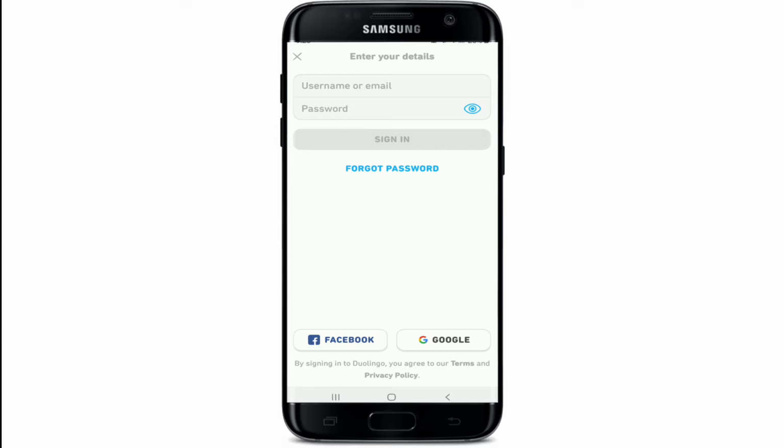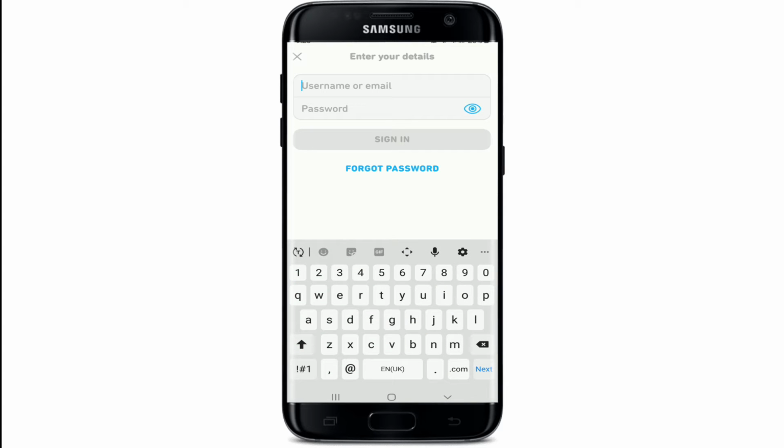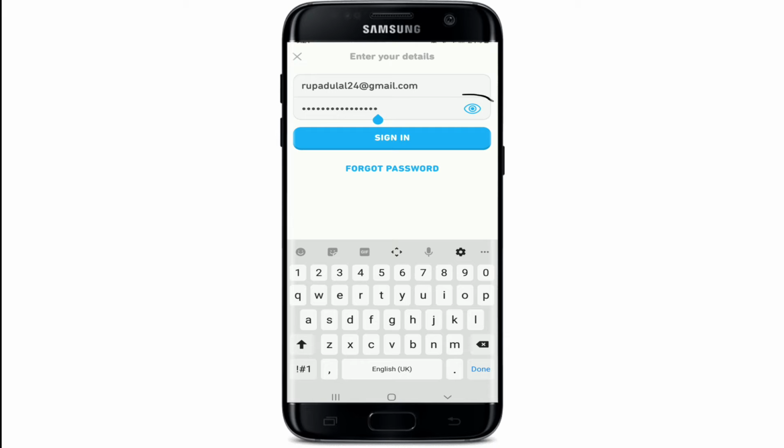While signing into your account, you'll need to enter your details in the text field displayed. Start by entering your username or your email address associated with the account. And move on to the next text field and type in a password for your account. Type in your password correctly. You can double check your password by tapping on this eye icon in the right corner before moving on, and once you are sure you have typed in the correct one, tap on sign in and you'll be signed in